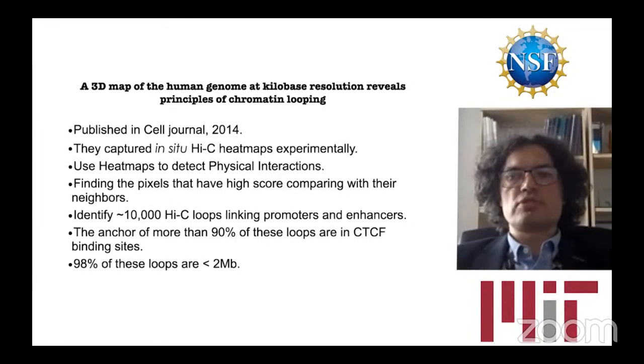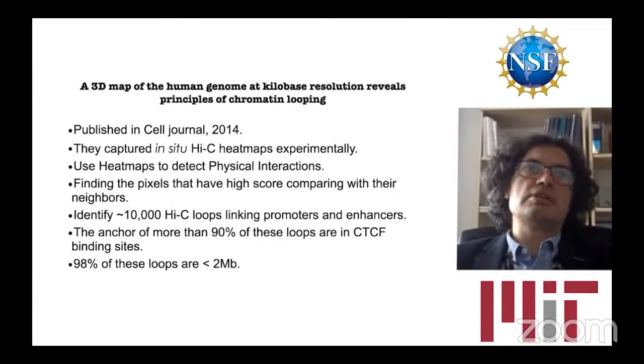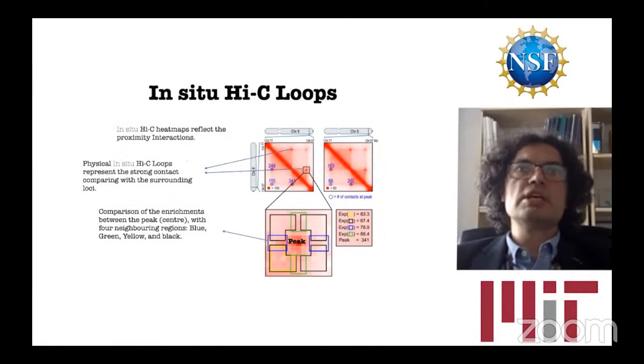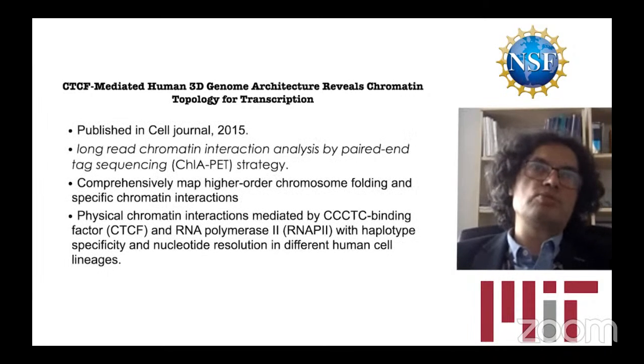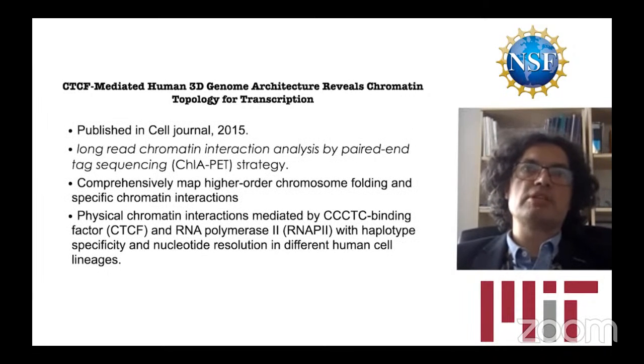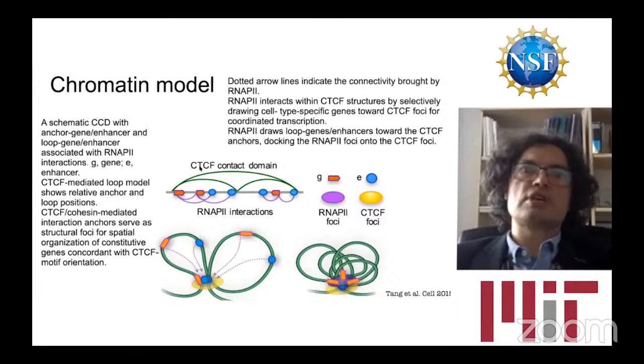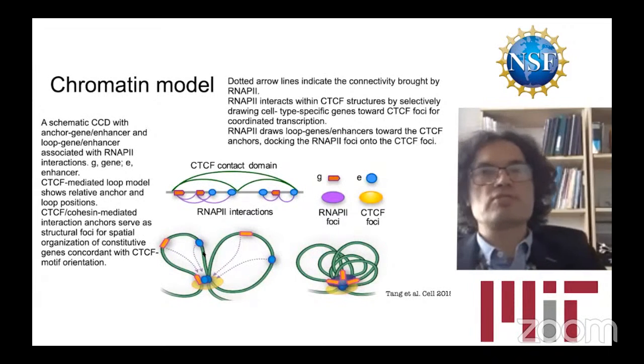Two main sources of chromatin looping data. The first one is based on Hi-C, published in 2014, and the chromatin loops are those bright spots in the heat maps. Whereas the data which we are using mostly is based on ChIA-PET, so these are the interactions I was telling you about, CTCF or RNA-Pol2. And what we observe is that CTCF interactions seem to be